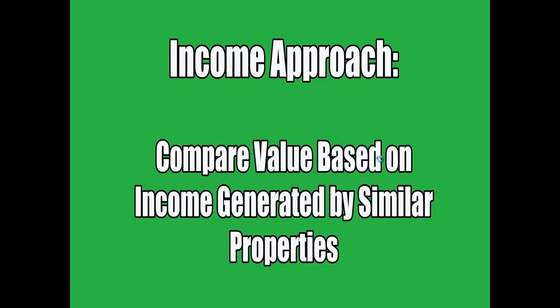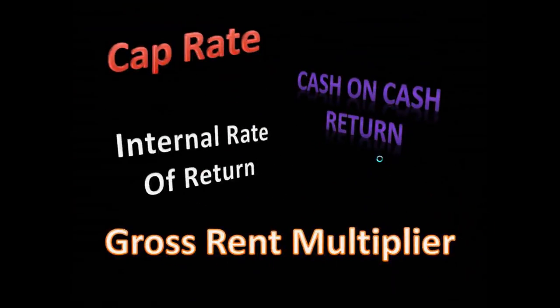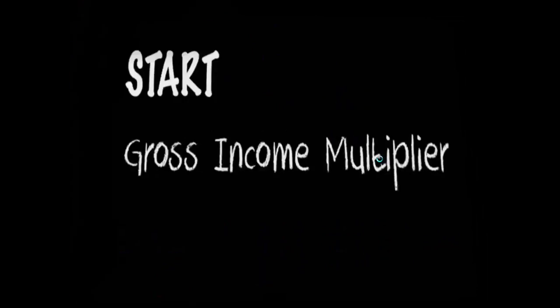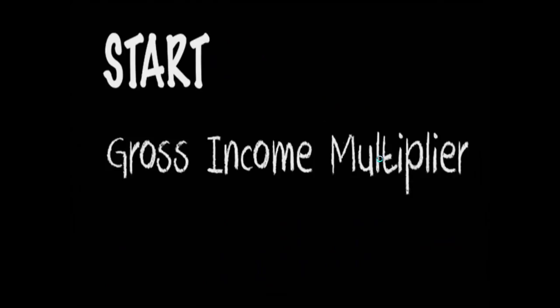So when I say income approach, does that mean we're valuing a property by the cap rate? Or are we talking about cash on cash return? Or what about that gross rent multiplier thing or internal rate of return? Now I'm going to start by outlining the different components of the income equation and step through each of the